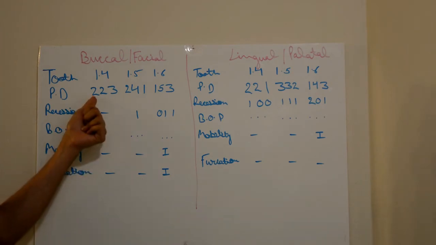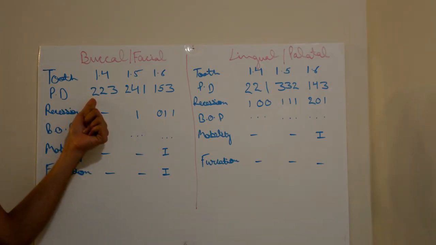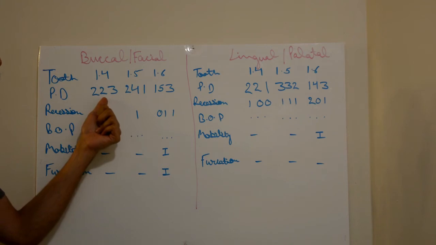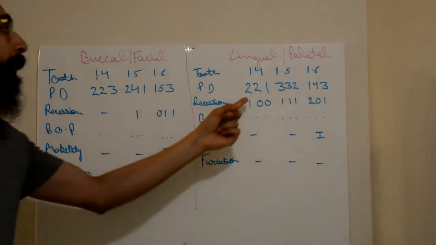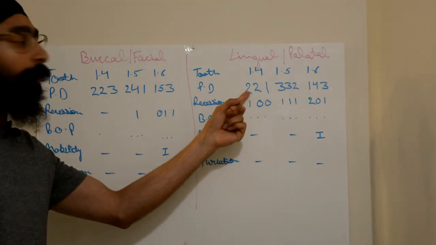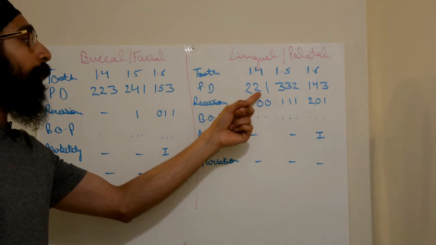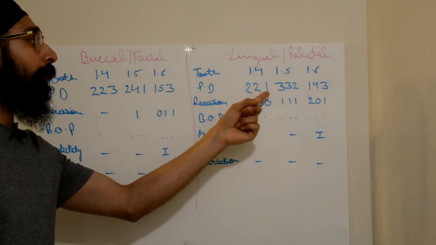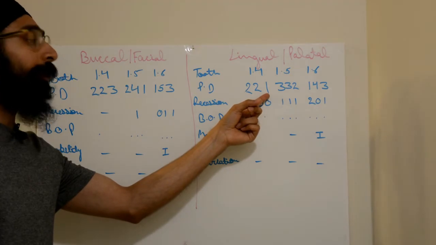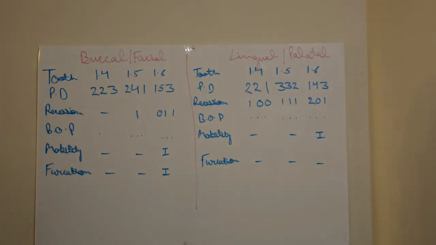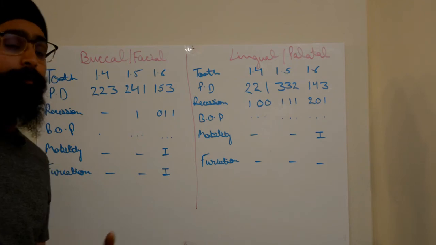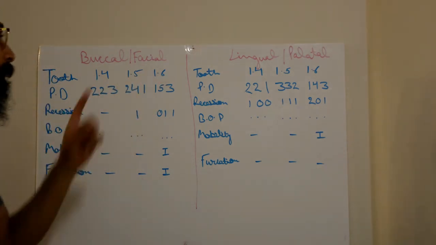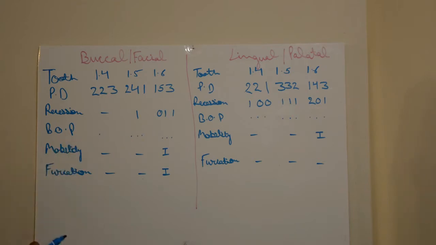Based on the readings that you get while probing, here 2, 2, 3 means that when the dentist probed on the mesiobuccal, the reading came out to be 2 millimeter. On the midbuccal it was 2 millimeter, and on the distobuccal it was 3 millimeter. On the mesiolingual it was 2 millimeter, midlingual or mid palatal 2 millimeter, and 1 millimeter on the distolingual surface. Then 1.5 means upper maxillary right second premolar.